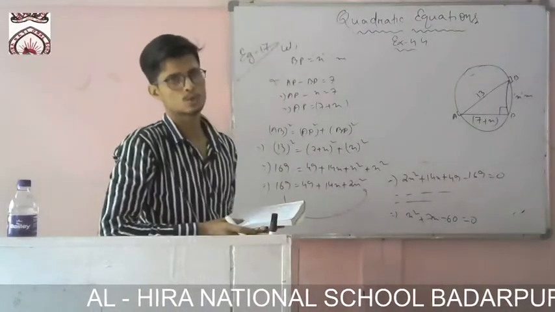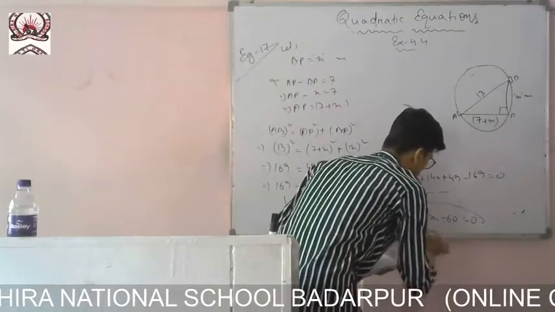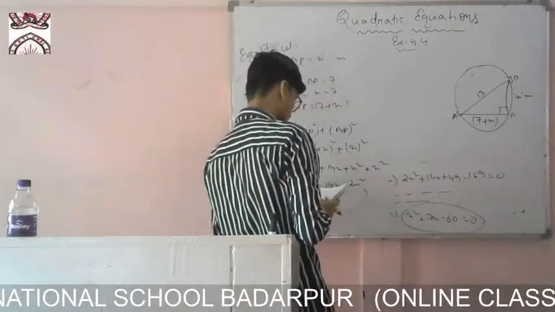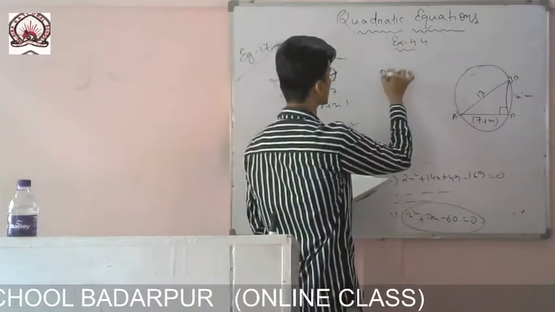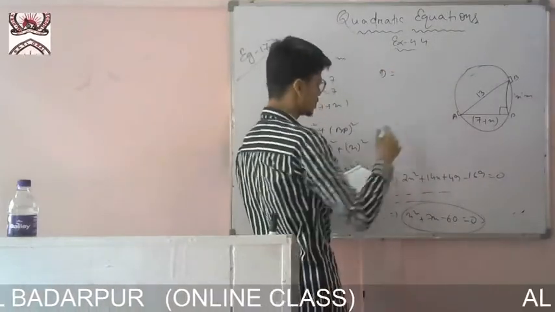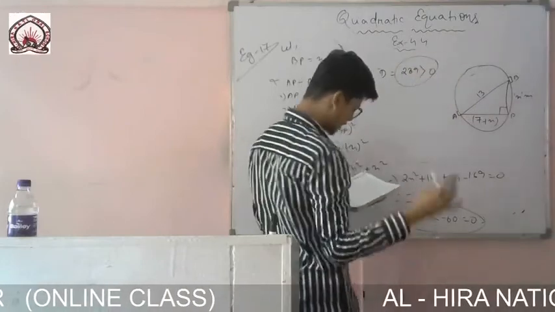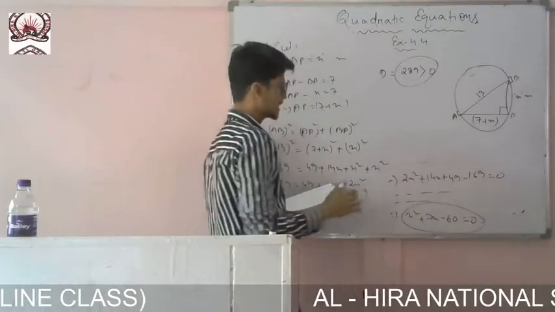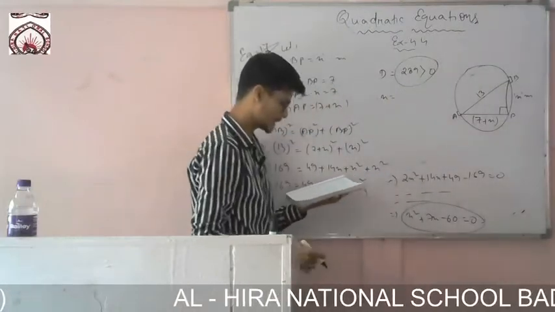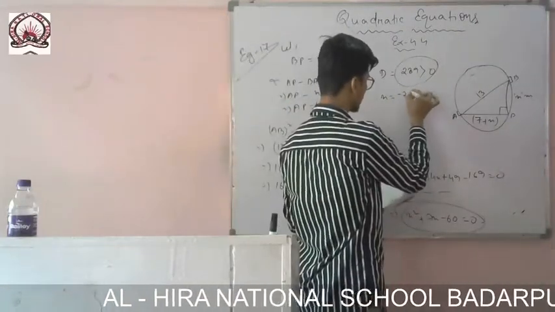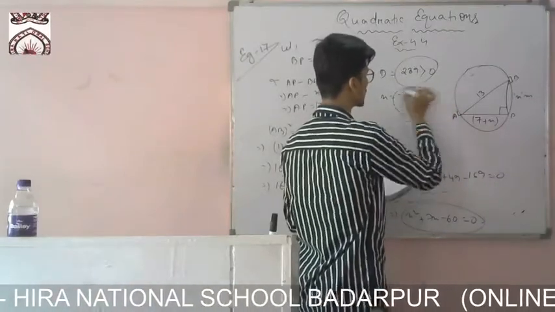Then we know what to do. The question asks, is it possible? That means first of all I will find the discriminant. If the discriminant is greater than or equal to 0, then only it will be possible. Here the discriminant came 289, which is greater than 0. That means it will have two distinct roots. So then I have found the roots. x will be equal to minus 7 plus minus 17 by 2. This was the root.